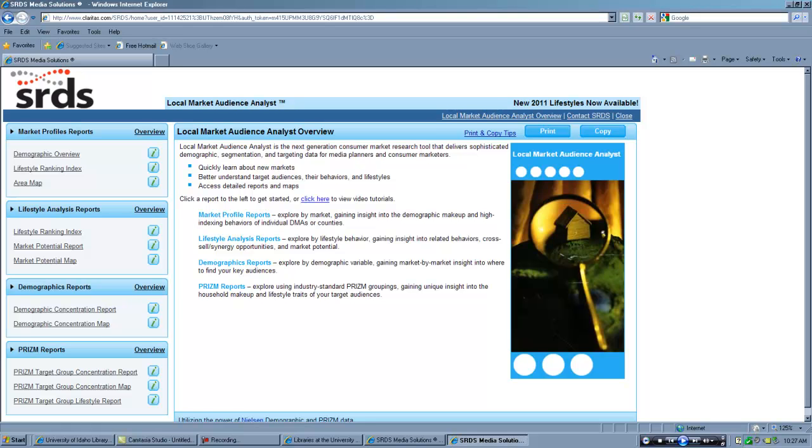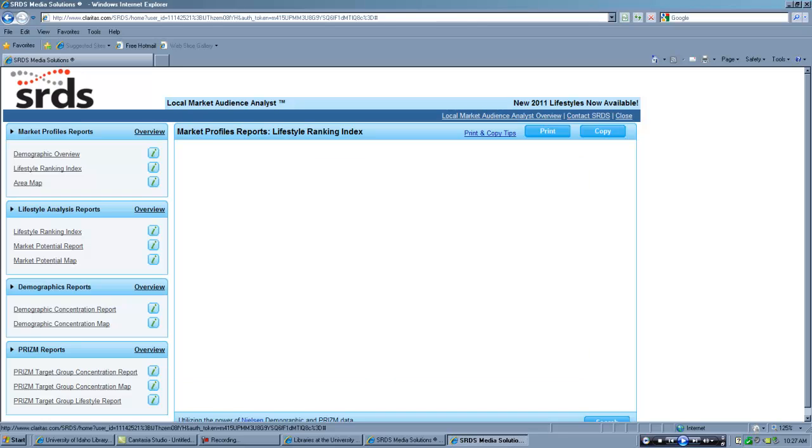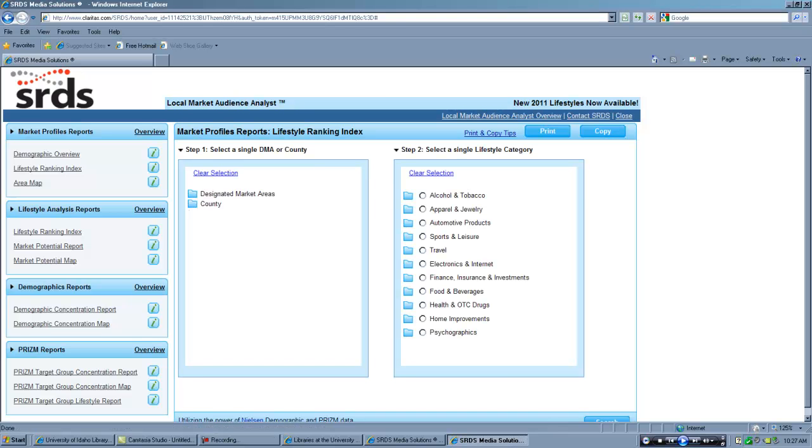The various options are down the side, and you can try them out in different combinations, but for the sake of argument, I'll just pick one of them. The first decision it'll ask you to make is between a designated market area and a county. The designated market area is sort of equivalent to a metro area, so if we go in and look at the options,